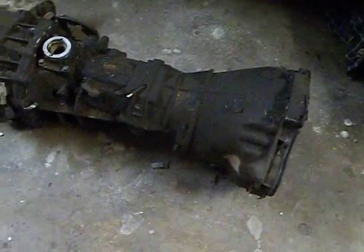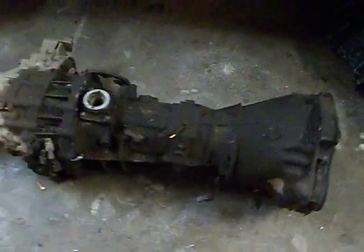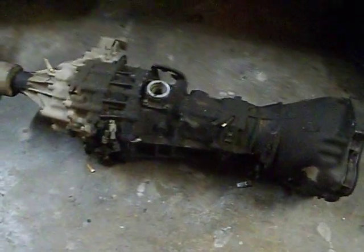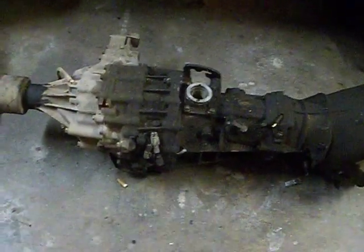So let me show you this massive transmission, because I don't think there's too many videos that have, you know, because that's only part of it. This thing goes all the way back here. Ain't that like humongous? So a lot of them just have the front, but this is a four-wheel drive. We're gonna do more. I think we can actually unbolt this thing right about here, and